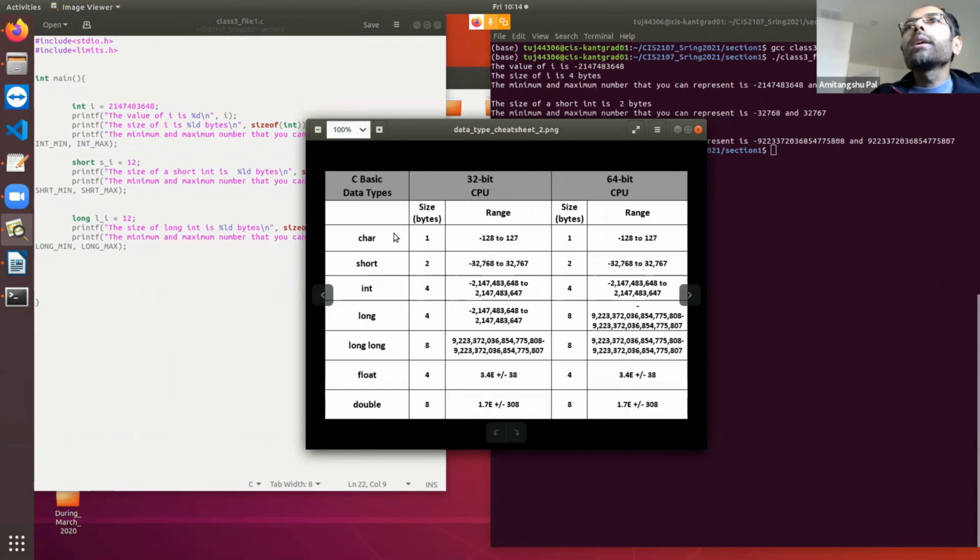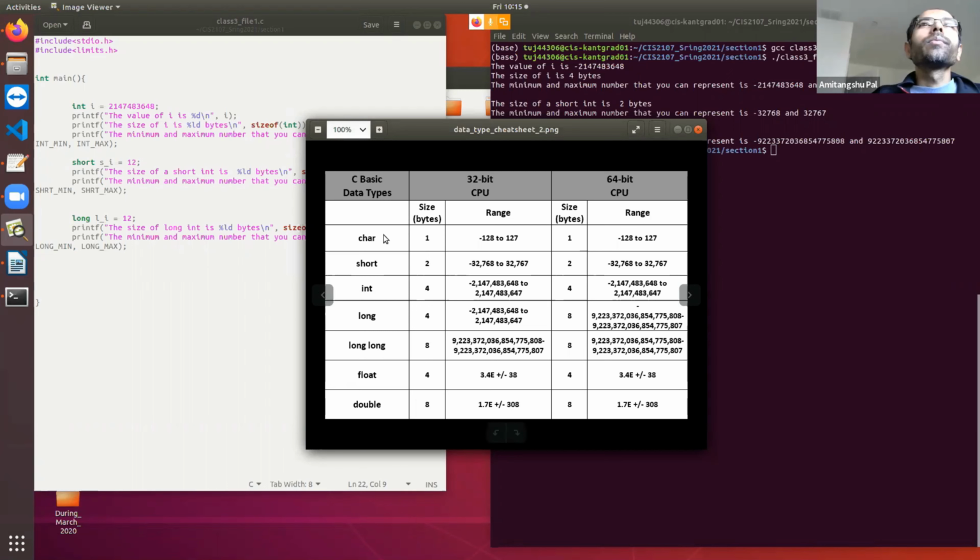Now let's go to the character. Okay, so character takes 1 byte. All right. Again, character we have learned that it is used for storing character data like A, B, C, something like that. But in a computing system, there is nothing like A, B, C, right? Everything is represented using some numbers, and that corresponding number is linked to some characters.